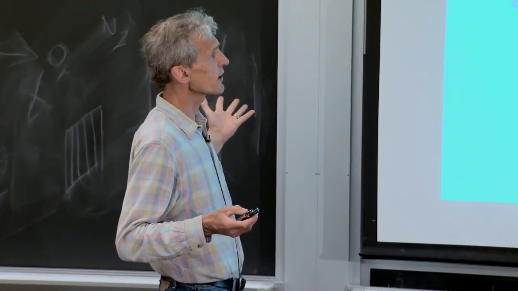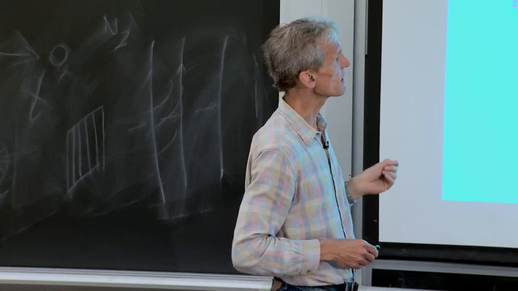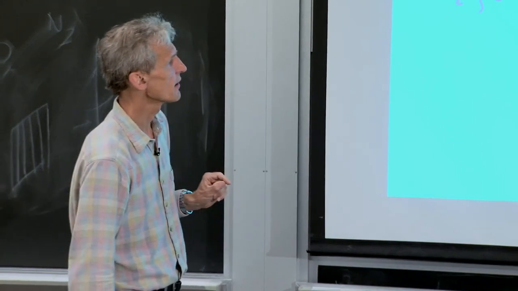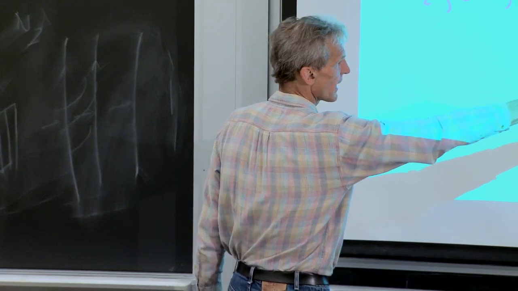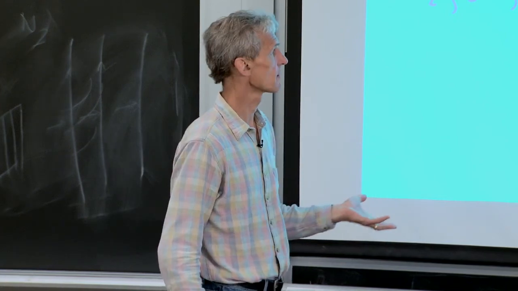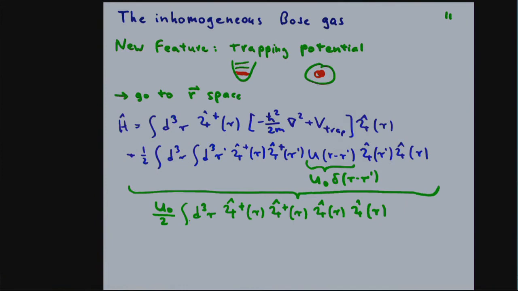Okay, so in second quantization, we are now using field operators which create and annihilate particles at position R. This is the single particle Hamiltonian, kinetic energy and potential energy. And our interaction term has again four operators, two annihilation operators, two creation operators, but they are now formulated in position space. We do exactly the same as we did in the homogeneous gas. We assume the potential is short range. That means a delta function, and that means we can get rid of one of the integrations in R and R prime. But we still have a product of four operators.